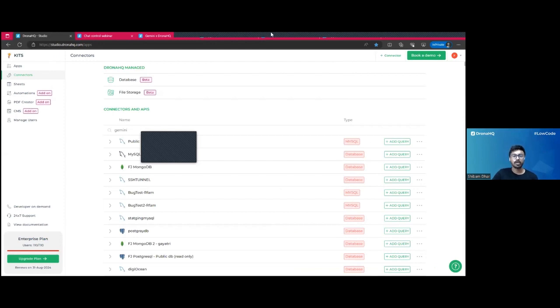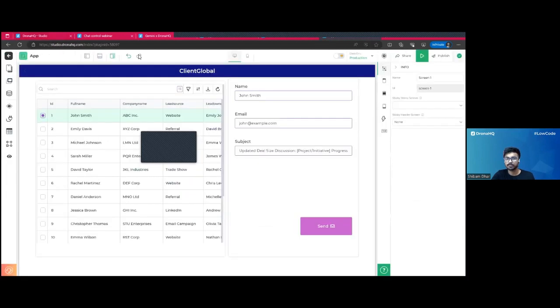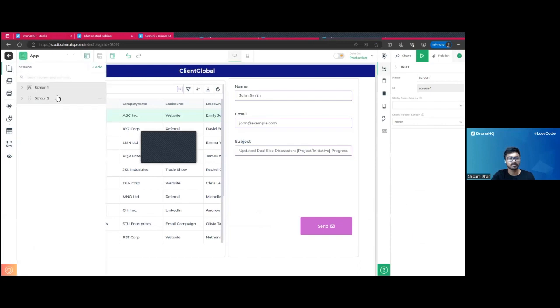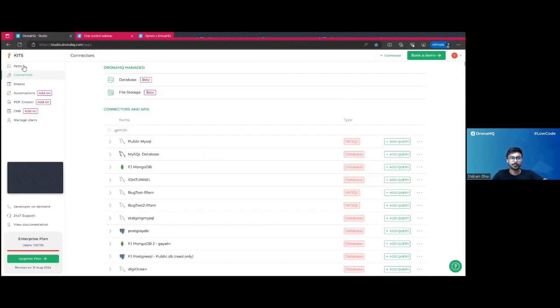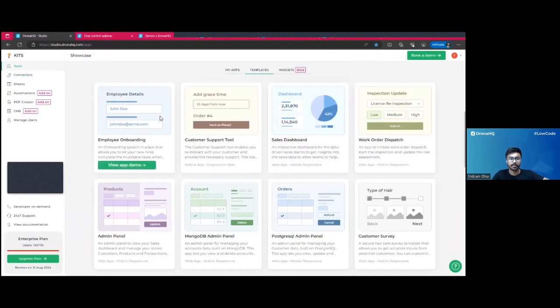Okay. Now, let me show you where we work on the whole thing, like how we create the UI and integrate, matching all the dots and points. So, in DronaHQ, if you go to apps, click on right here,